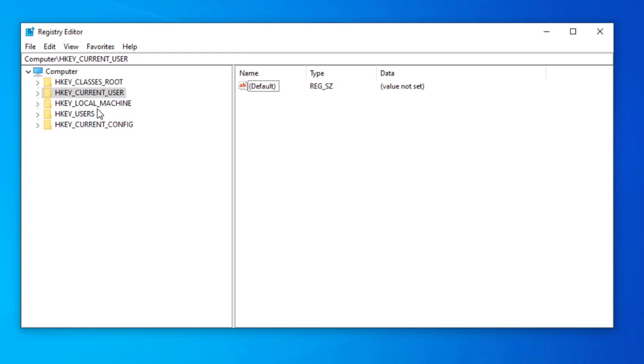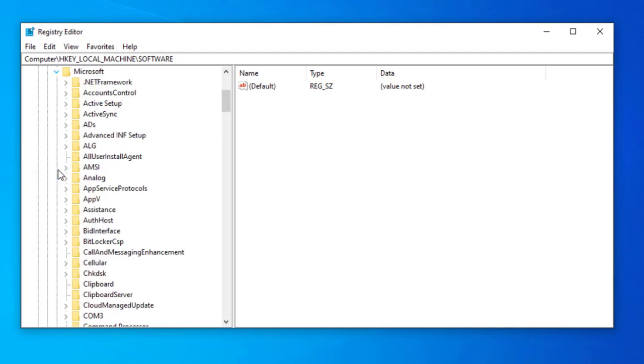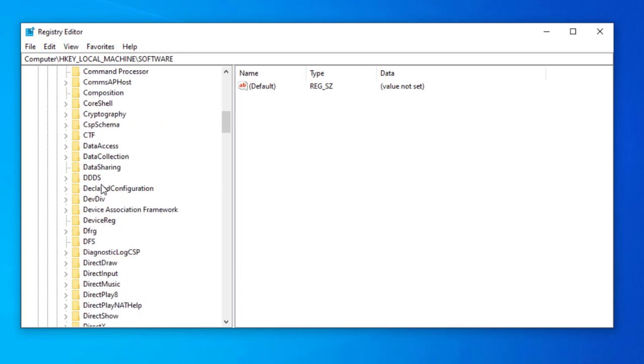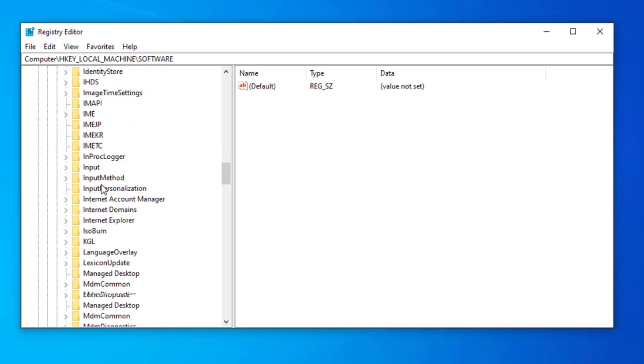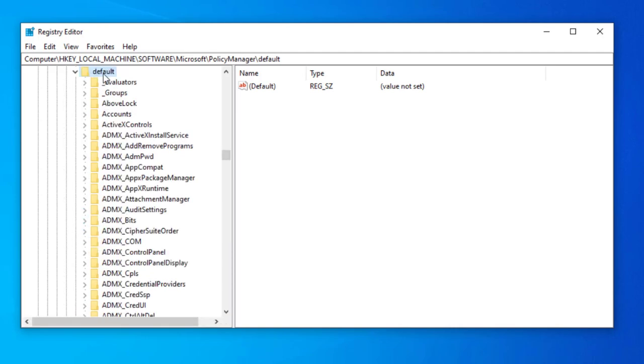Go to HKEY_LOCAL_MACHINE, expand it and go to Software, and go to Microsoft. In Microsoft you need to go to PolicyManager, go on it, expand it. Here you need to click on default, expand it,